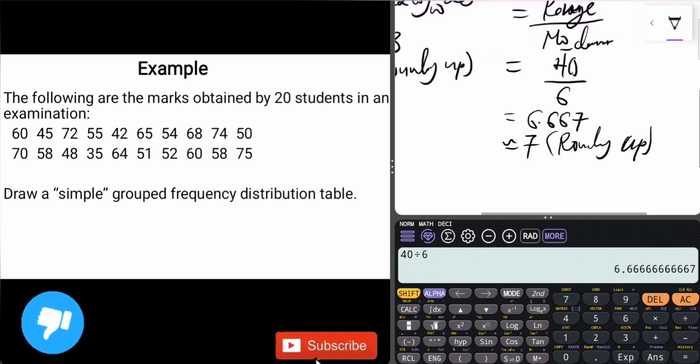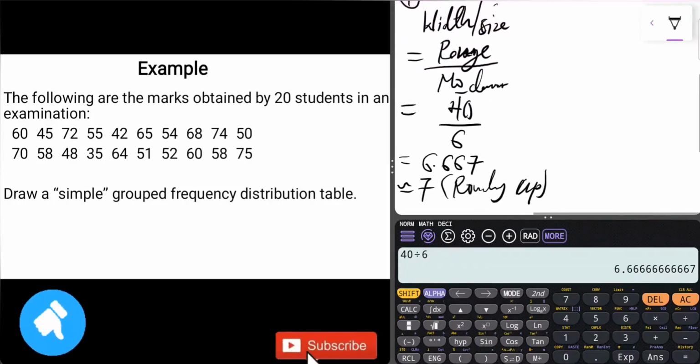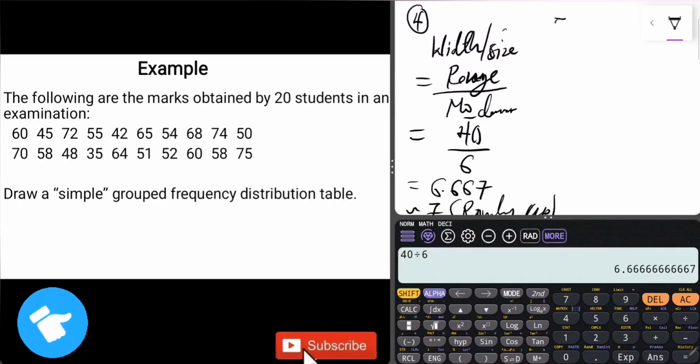So once we get the 4th step, the next step, which is the 5th step, is to find our lower class limit for the various classes we are going to have in this case. Because we know we should have 6 classes based on the Sturges' rule formula that we used. We computed that, or we arrived that it should be